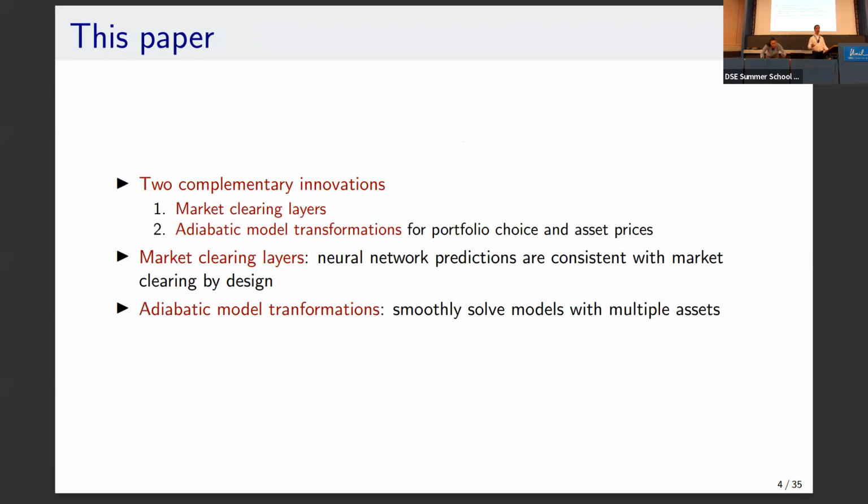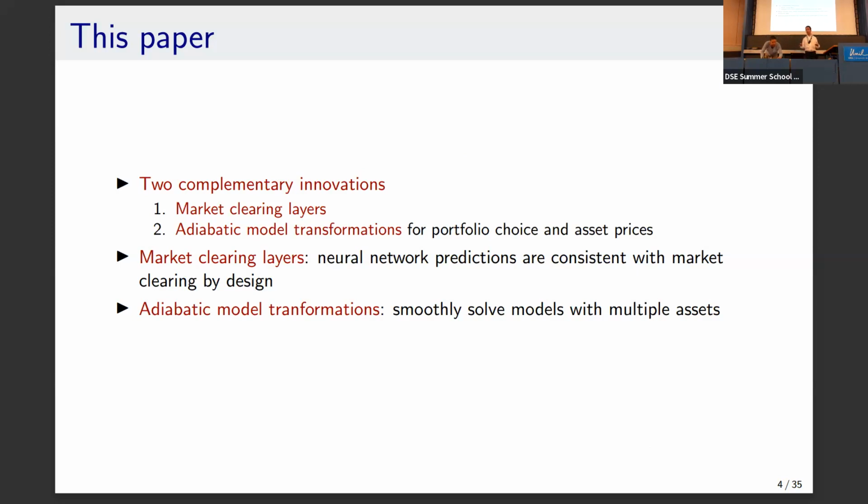What do I mean with market clearing layers? With market clearing layers, I mean neural network architectures which by design only predict policies which are consistent with market clearing. And the second innovation is what I call adiabatic model transformation, which means that we start solving an easy model and then smoothly go to solving a hard model, thus at every step in time, having a very